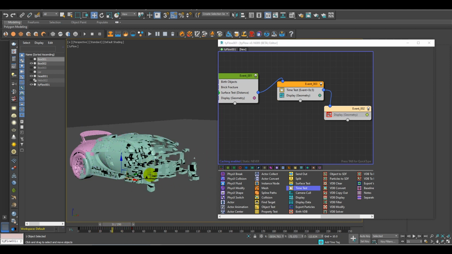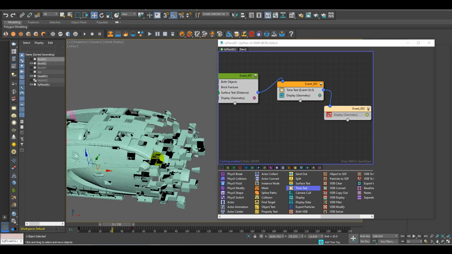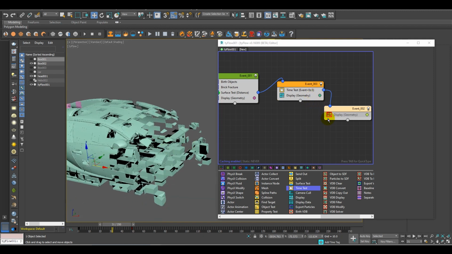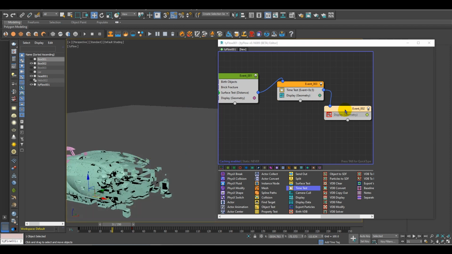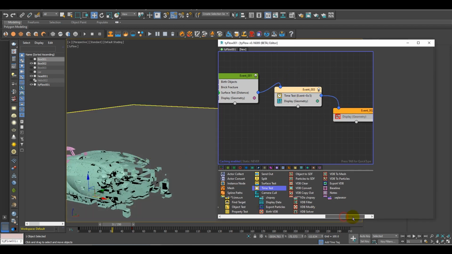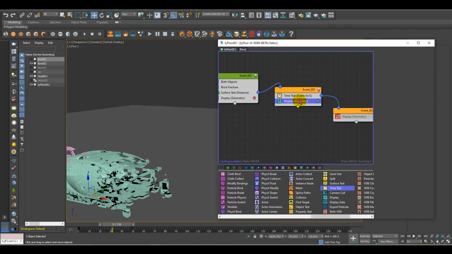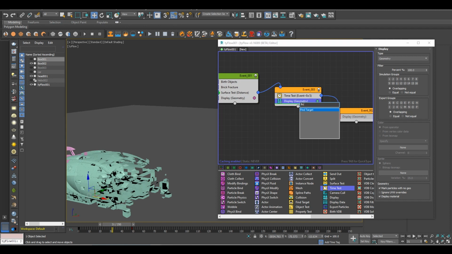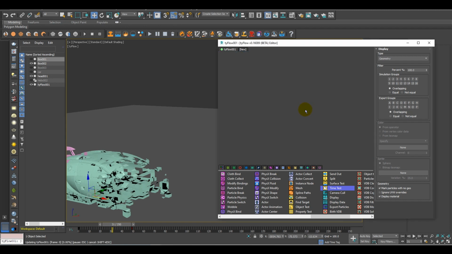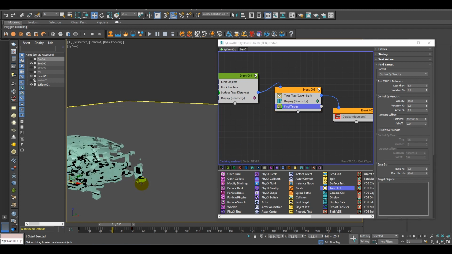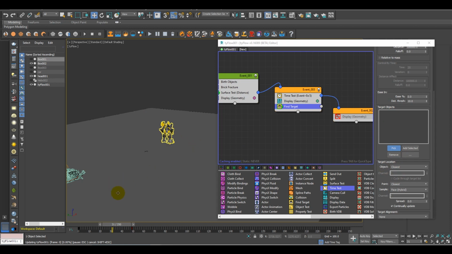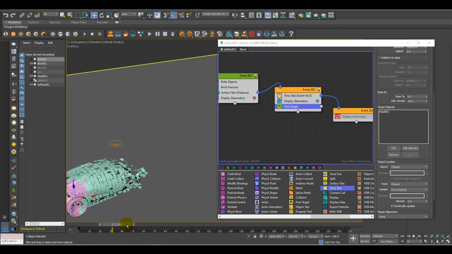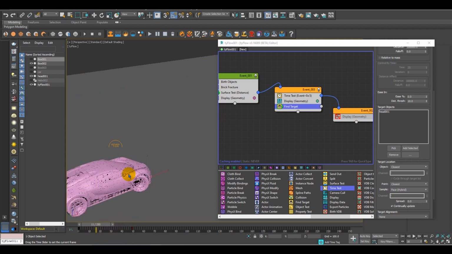Okay, now what you need is you have to move this particle. So for that I will use something. So some of the effects, first I need a find target, and in find target I will add the object. As you will see, our particles start moving, but they get disappeared. So that's going good.